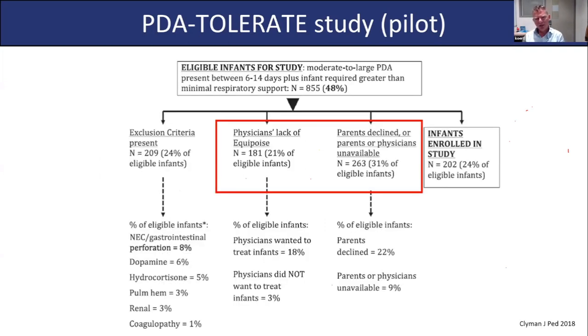What is important in the detail of this study is they systematically reviewed the eligibility of infants and how they got into the study. Because there are infants enrolled in the study, which you can see all the way on the right, there was only 24% of eligible infants, which is rather low. And he found that half of it was due to the clinician, which most of them wanted to treat versus not wanting to treat. But the other half was actually the